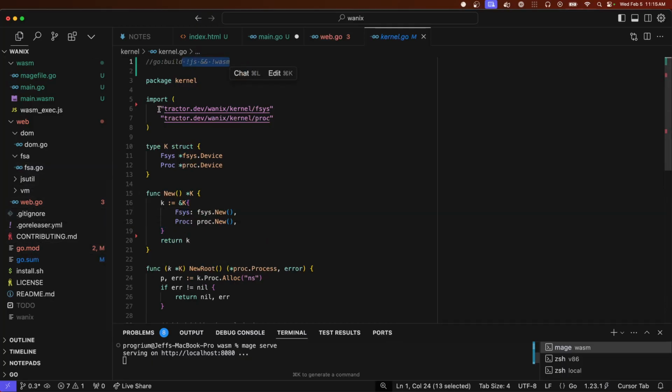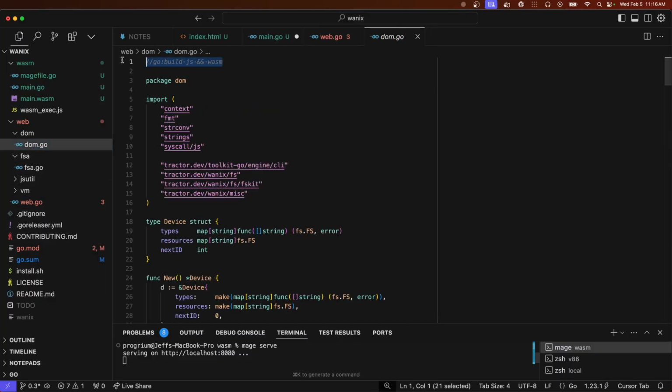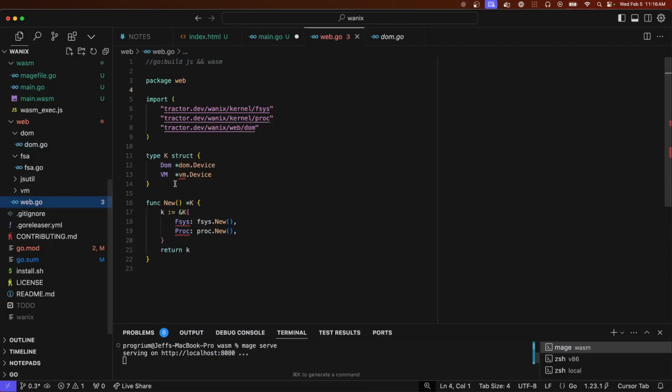But then the tooling gets kind of confused, I guess, because if you don't have this, then the input said I couldn't find the DOM package because it was assuming you weren't going to build it for WASM, and it wouldn't see it unless you build for WASM. Hmm. Anyway,